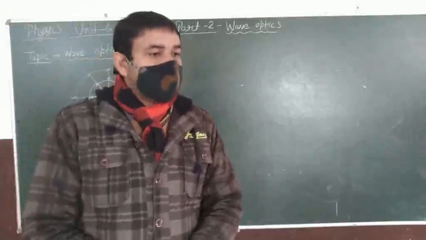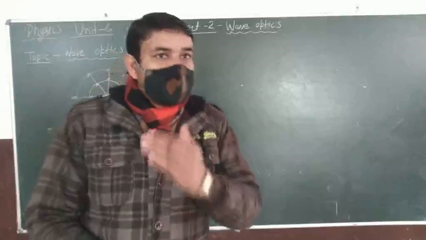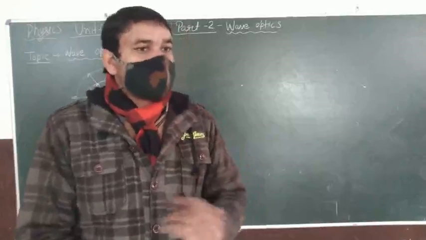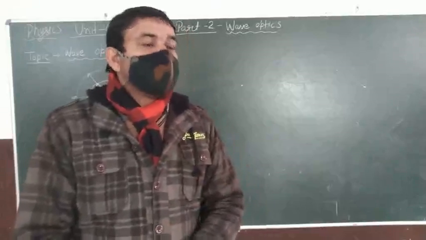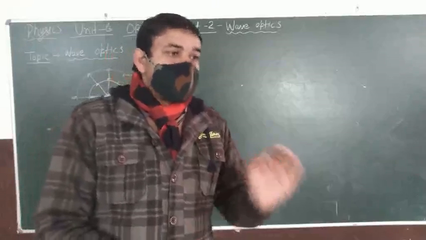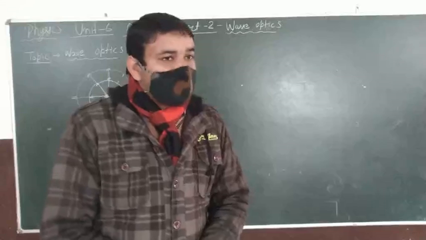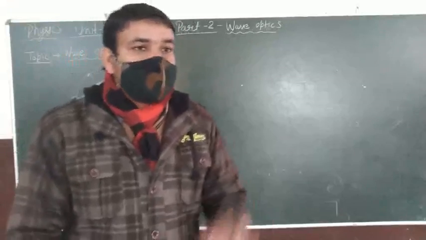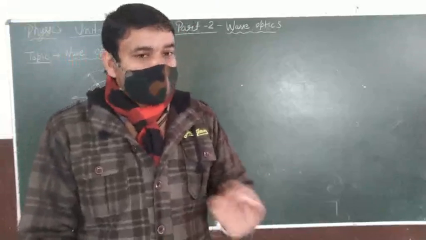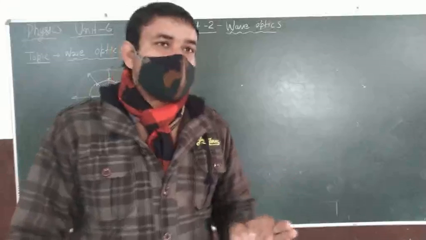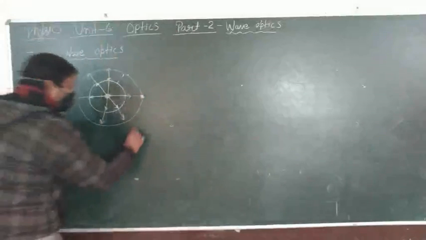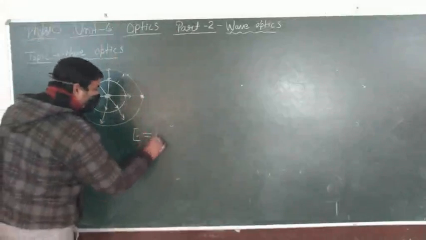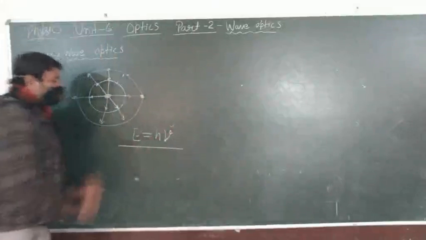According to Planck's theory, the rays coming from the source, the sun, are in the form of particles, and every particle is known as a photon. Every photon behaves like an energy particle and has energy E equal to h